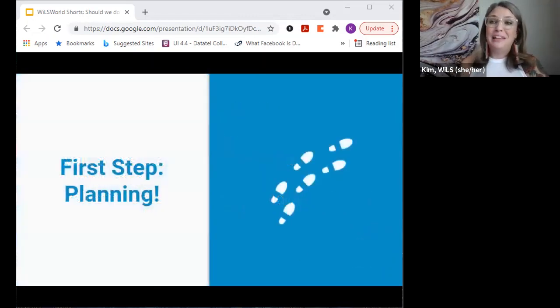So the first step is always planning. This is the worst, most boring step that no one wants to do, but the most important one for sure. And it helps situate and make this a more meaningful endeavor if you take the time to be proactive. So whether you are embarking on a whole new project or you're thinking about how to evaluate an existing endeavor that you might have, pausing for a moment to engage in proactive planning can go a long ways to making sure that whatever evaluation design you come up with feels manageable.